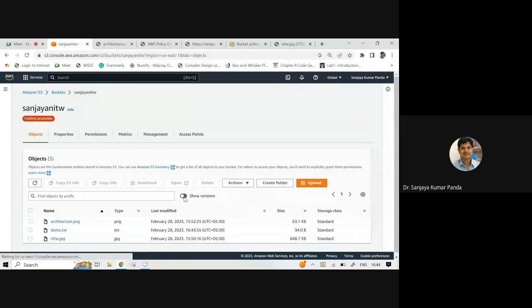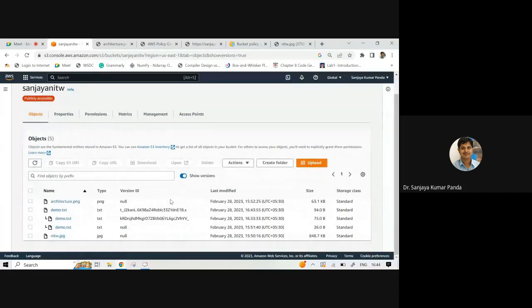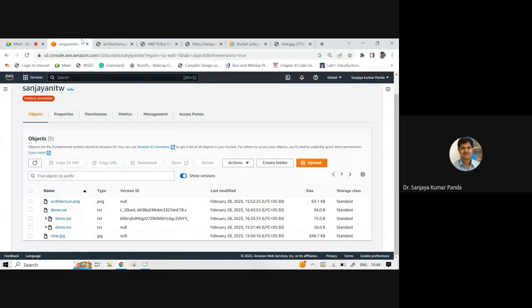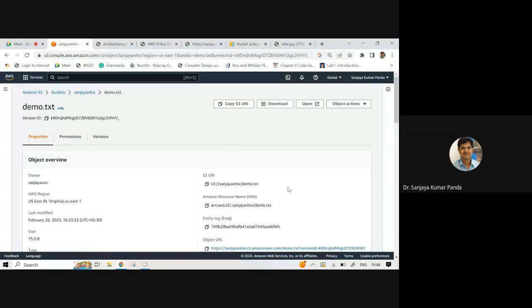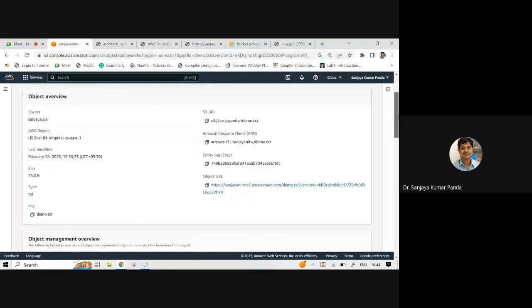So if you enable show version, then you can see there are 3 different variants of the file. Again, you refresh it. So you can see there are 3 different lines. Always it is pointing to the latest one, not the old one. But if you need a specific version, you can simply click that particular version. You can get this URL here.